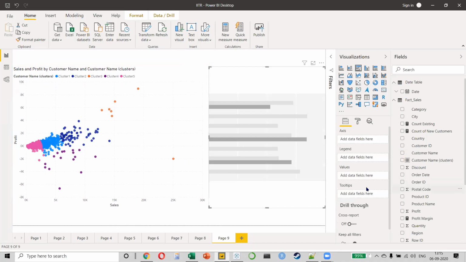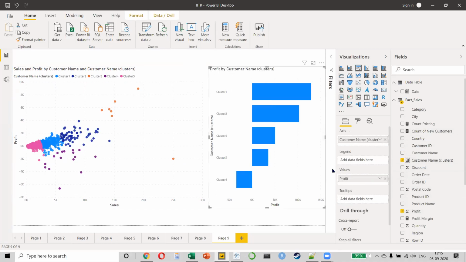If you make a bar chart and if I put my customer clusters and my profitability, very clearly it is telling us that cluster 1, which is the blue one, is the best one, followed by the purple ones. Then we have cluster number 5, which is the pink one, right? Cluster 5 is these guys, which are these 7 people who are at the top right of the spectrum. This is what we want to do.